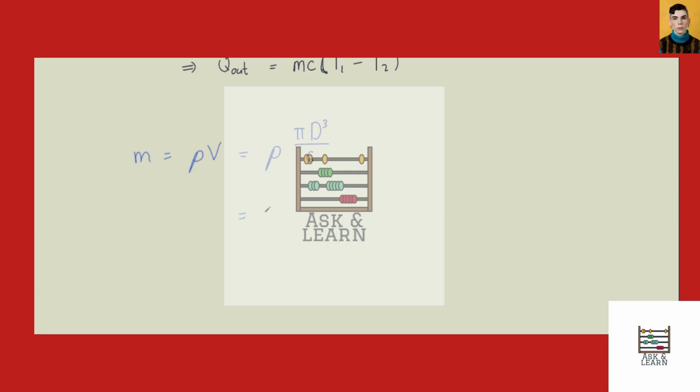If we substitute our values in here, we get 8,085 for rho multiplied by pi times the diameter of a single ball bearing, 0.012 meters, cubed, divided by 6. So we get the mass of a single ball bearing to be